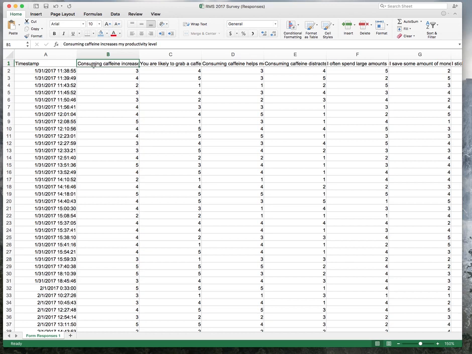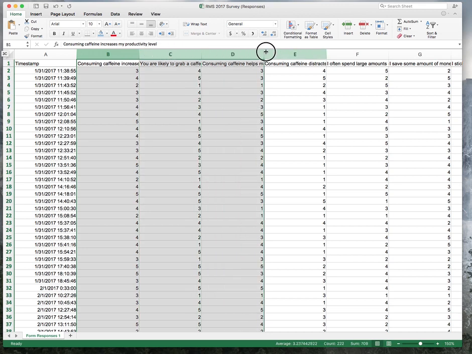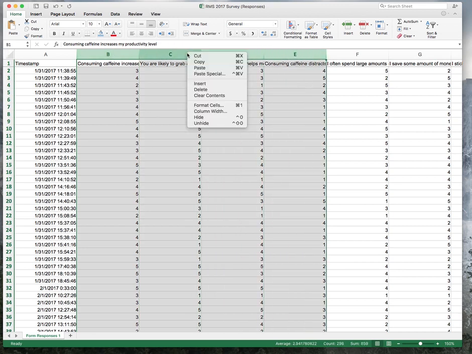So the first thing that we're going to do is use our cursor here to select columns B, C, D, and E. These are our caffeine questions. By clicking these tabs up at the top and just dragging across. So this selects columns B, C, D, and E. We'll right click, we'll copy this, and then we're going to open up a new document so we have a